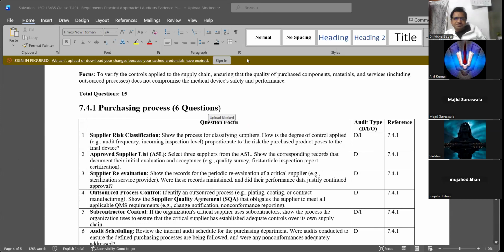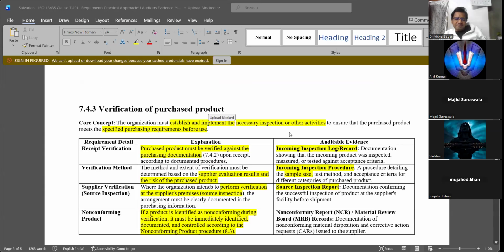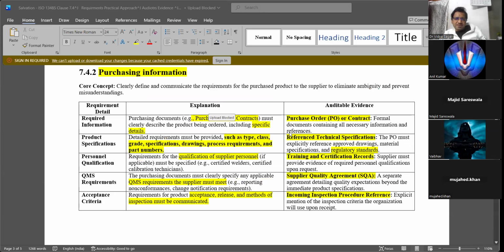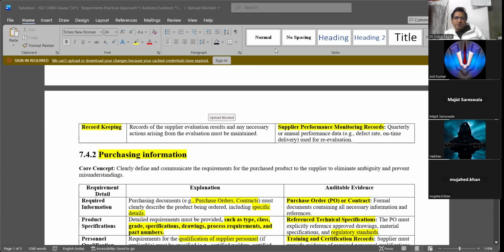Discuss on that. Yes, sir. This is on clause 7. I'll discuss, I mean, next we have that on sterilization and all. This is clause 7.4.